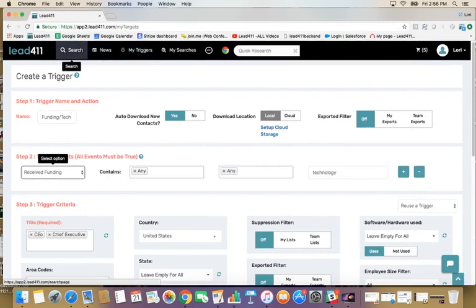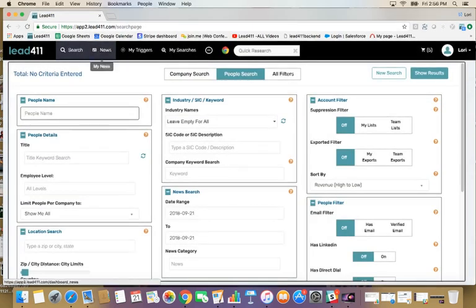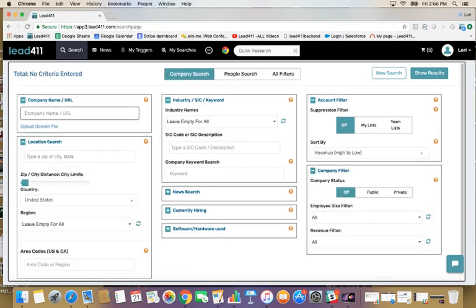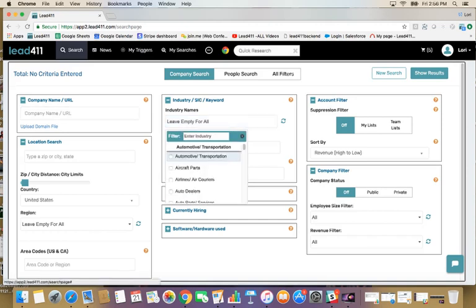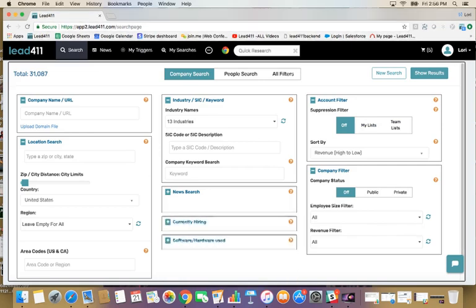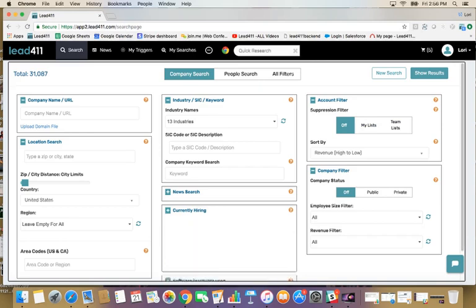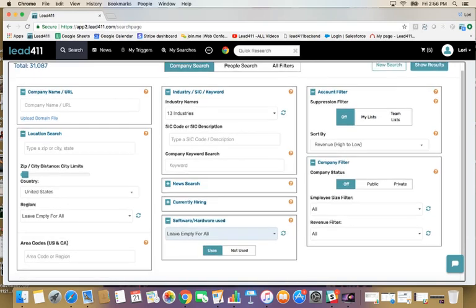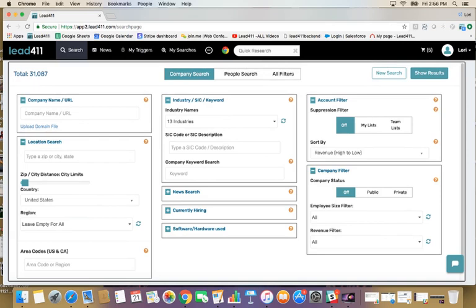I'm going to go right into the search. So if you come into your first screen, click on search to start those searches. We do have different ways to do it. I like to start, of course, with a company. How many companies are you looking for? What industry? Employee size? Revenue filter? Do I need to turn on my suppression list? Any type of news piece for that? Currently hiring? The software. So you can see everything is still available in here for company